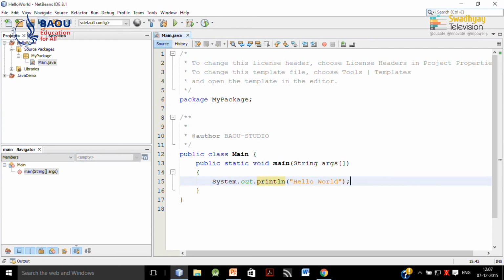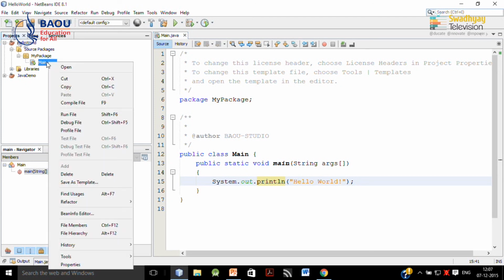Now, my program is ready. I just want to display the hello world message on screen. So, I save this file and right click on this main.java file and select run file. Now, run file first compiles our program. If it is successfully compiled, it immediately executes this program.